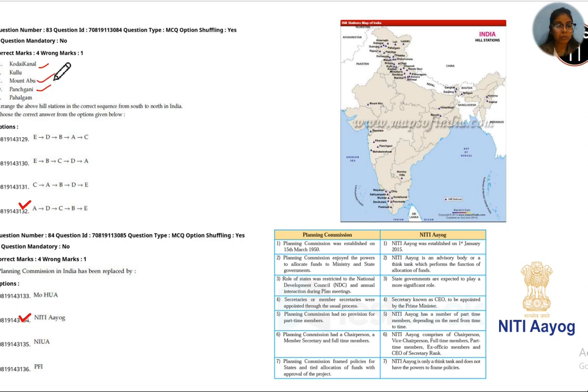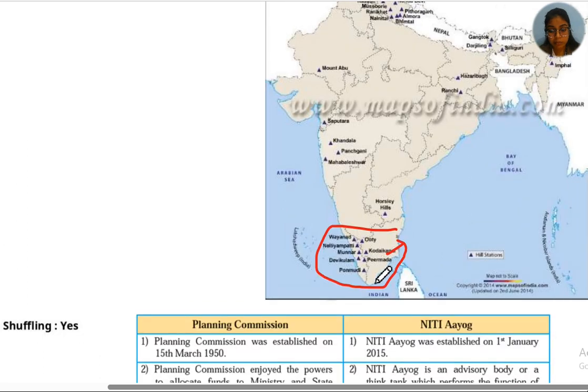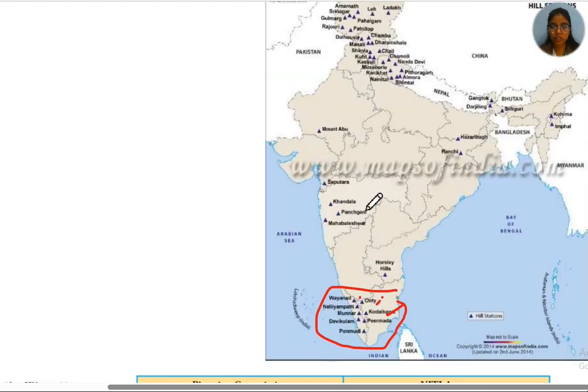Then you have Mount Abu. Then you have Kullu, and then you have Pahalgam. So as you can see in this image, this is your Kodaikanal. Okay, so in the south you have Kodaikanal and many more, Ooty and Wayanad, these are some hill stations in the south. This Panchgani, this is in your west, Mahabaleshwar, Khandala, Saputara, Mount Abu, these are your hill